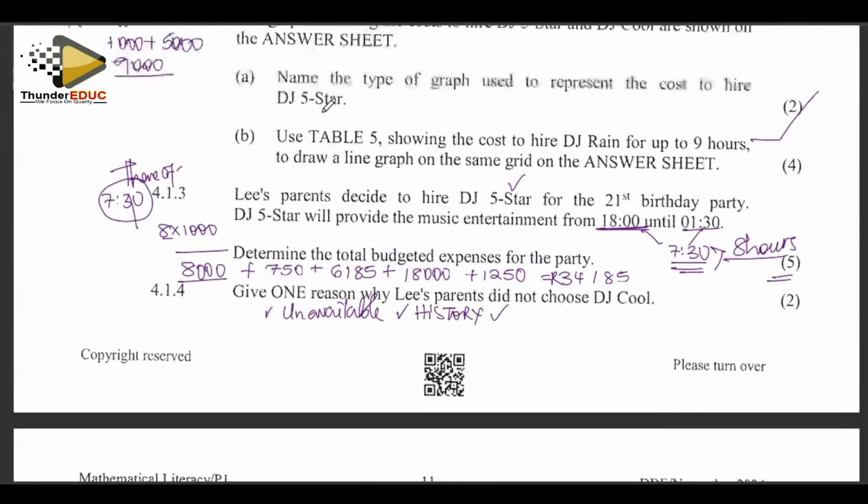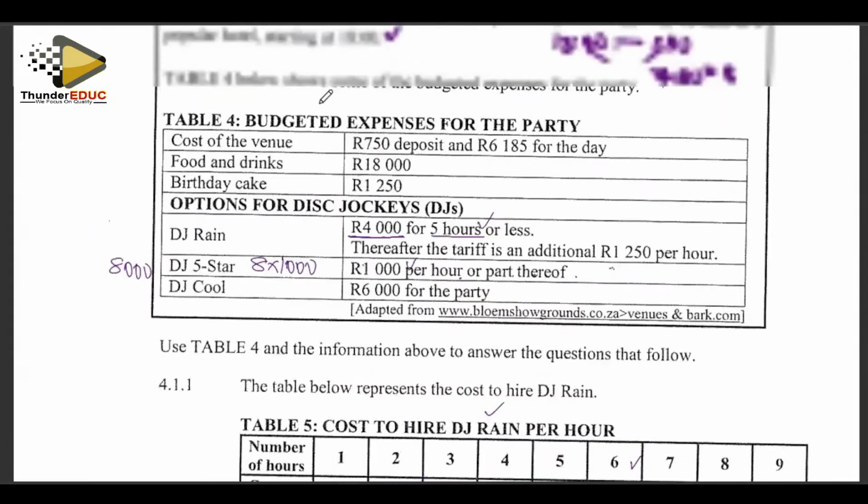Maybe also they looked at DJ Cool at a mere glance and said, oh, this is the cheapest guy, 1,000 per hour. And they didn't know whether it will spend 4 hours or maybe it will be cheaper, because this one's asked for 6,000 straight. You understand? It looks to be expensive, but it might be cheaper if you're going to spend a long time. Actually, it was cheaper